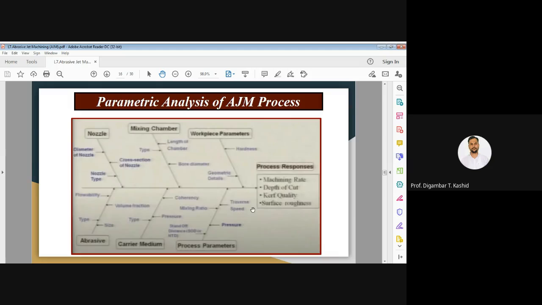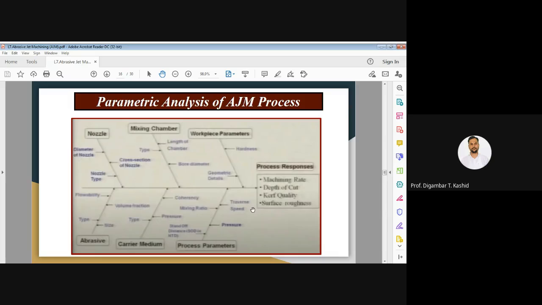Now these are the input parameters, but how can the performance of the process, especially of the abrasive jet machining process, be evaluated? Here I have mentioned the machining rate as one of the responses for the evaluation of the performance of your process. The machining rate is a volumetric machining rate or mass machining rate. You can also call it the penetration rate, which will be in terms of mm per second. Then what is the depth of cavity, or depth of cut?